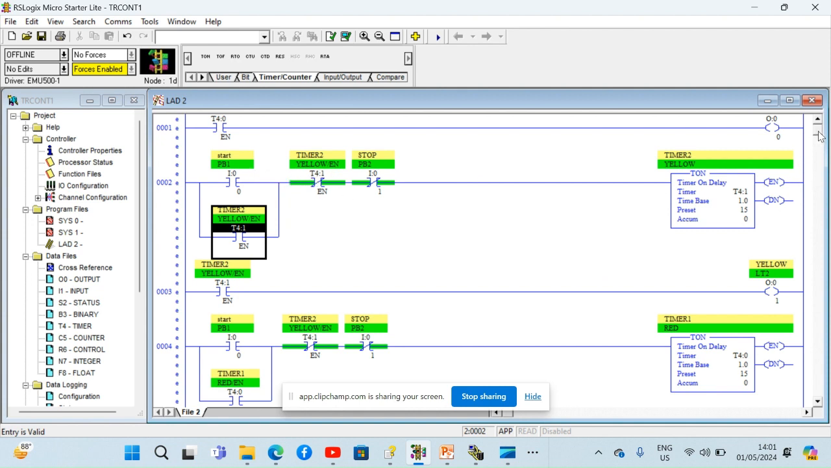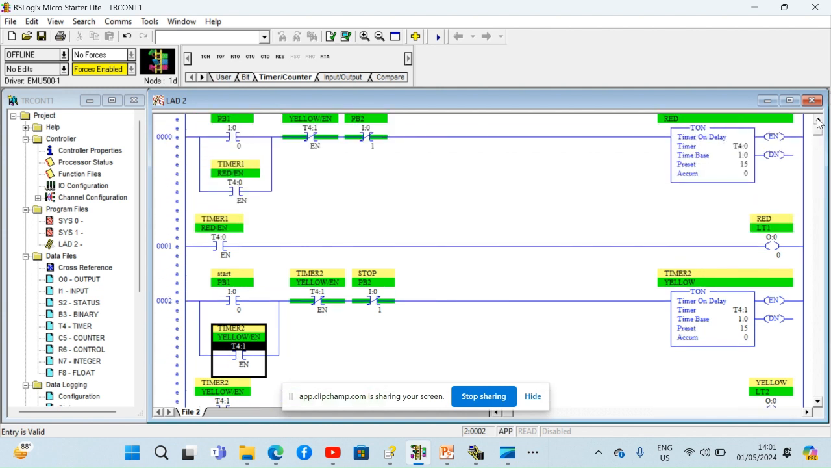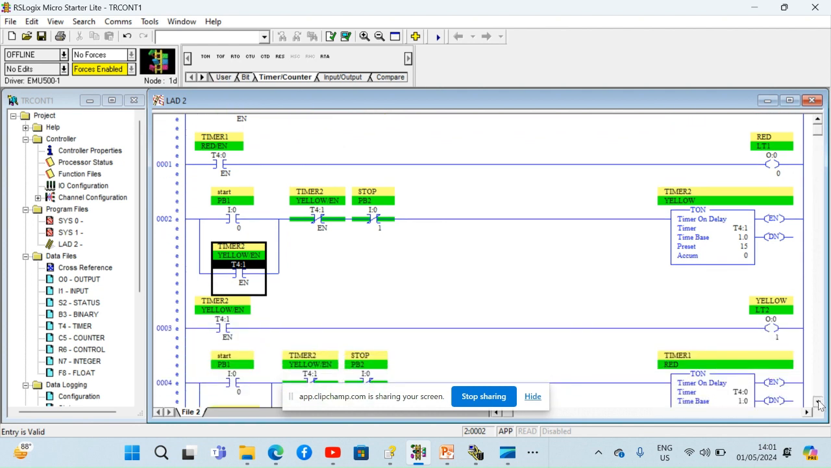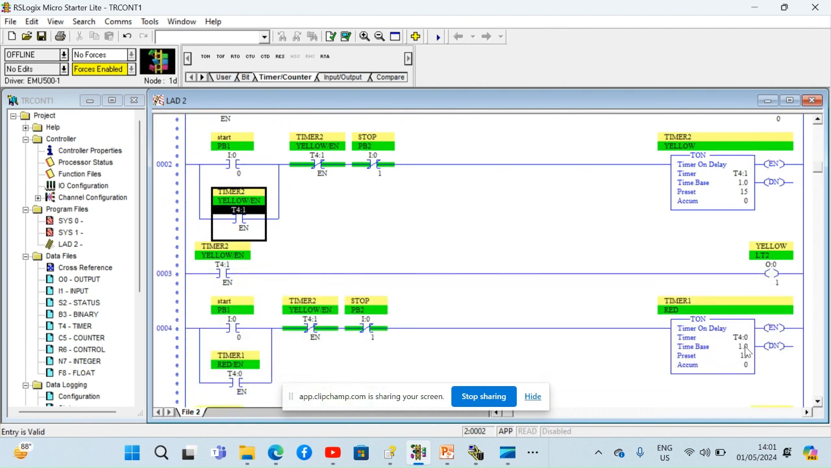Okay, but I don't want that. I want it to take the address of the next timer, which is the third timer on the third rung. So let me go up a little bit and let me come down now back. So this is going to be timer 3. So I'll give this one T4